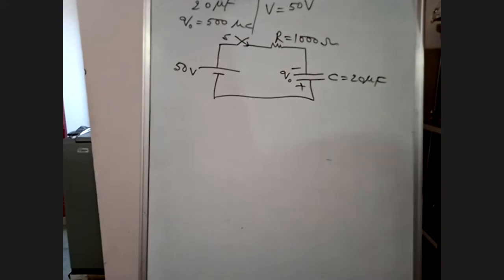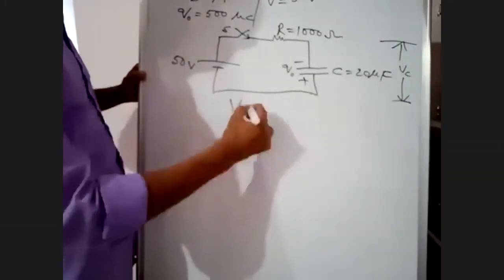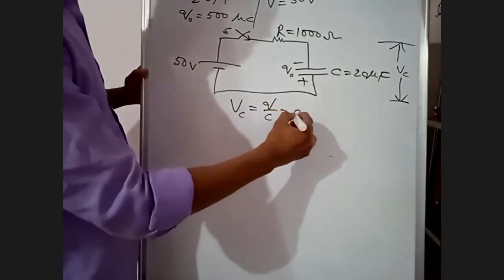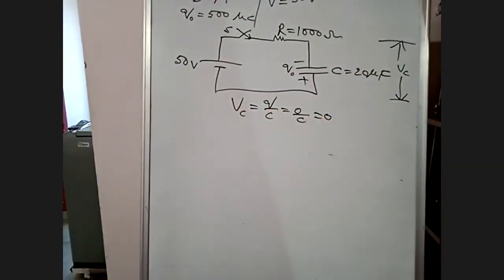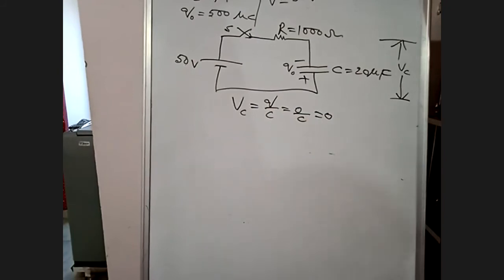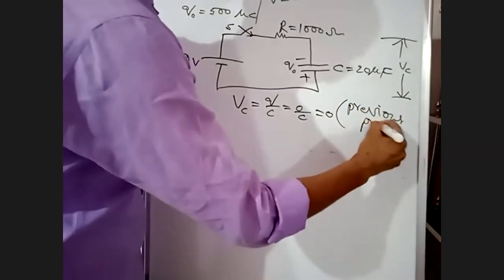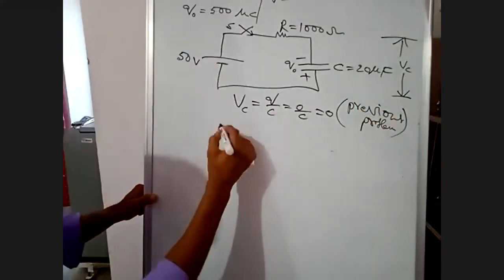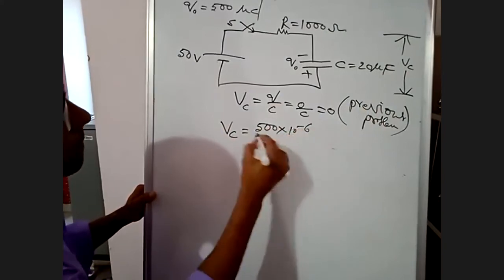In the previous problem, voltage across the capacitor is VC. The initial charge is 0. VC is equal to Q by C. In the previous problem, the voltage across the capacitor is 0, not in this problem. In this problem, Q is 500 microcoulombs. Capacitance is